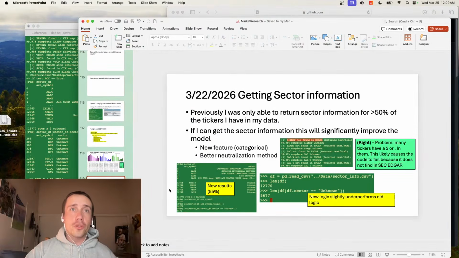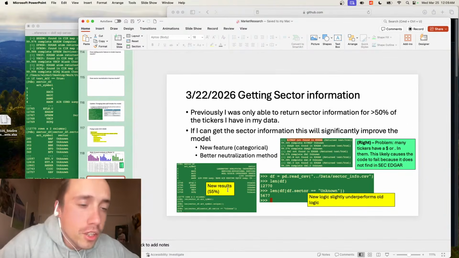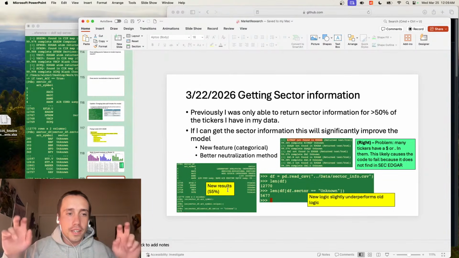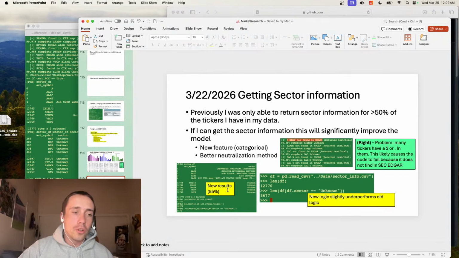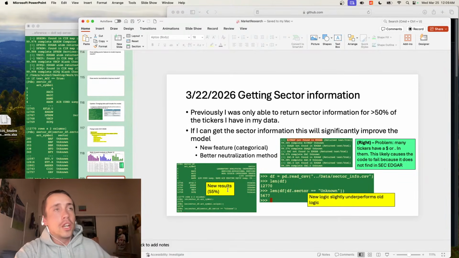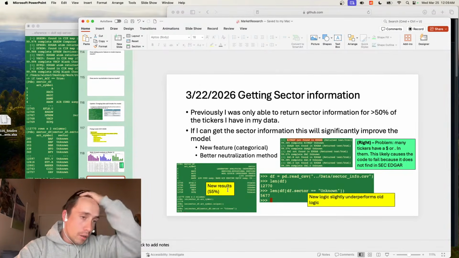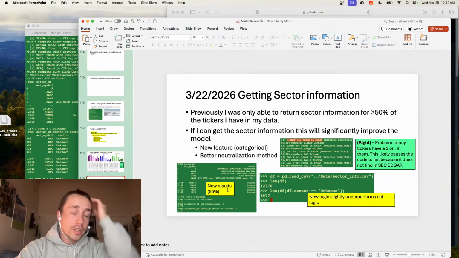When I first started doing this, I was only able to get about 55% of sectors. This is because the SEC Edgar has a really easy lookup strategy for things that are currently listed, but for any stocks which have been delisted from the database, it's not as easy. They have this thing called an SIC, which is basically a code. For anything that's currently listed, you can give the ticker, and it will give you the SIC back, and then you can use the SIC to get all the information for the asset, one of which is what sector it's in.